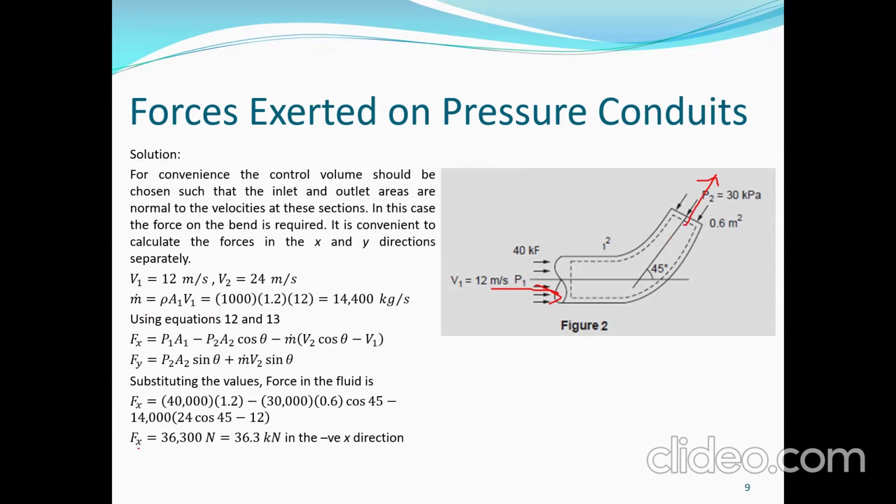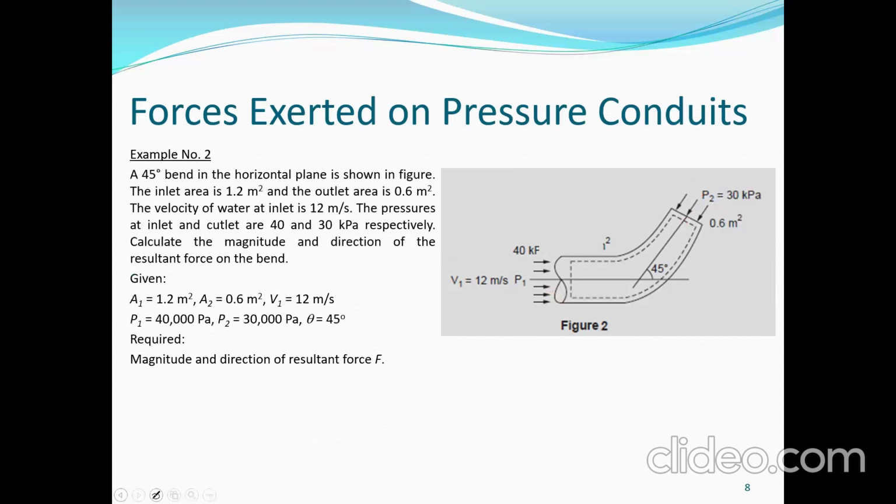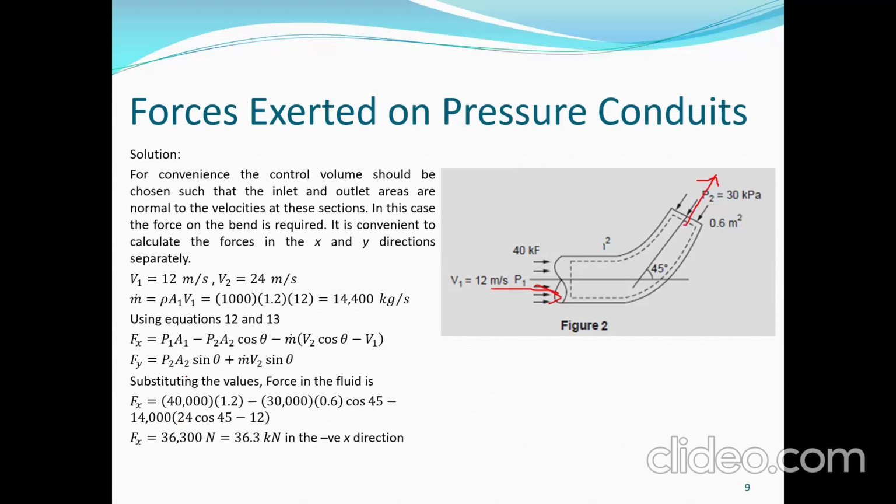Yan. Given ba yung... Okay, so wala ditong V2. So V2, nakuha mo yun sa A1 dito. A1 V1 is equal to A2 V2. Okay? Yan. A1 V1 is equal to A2 V2. So masolve mo to. Now, using equation 12 and 13, Fx is equal to P1 A1 minus P2 A2 cosine